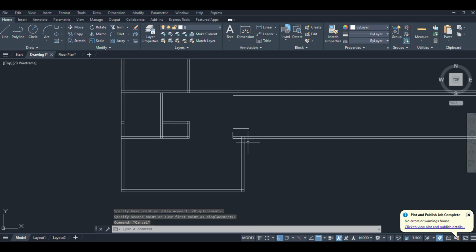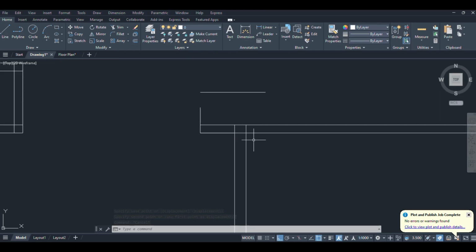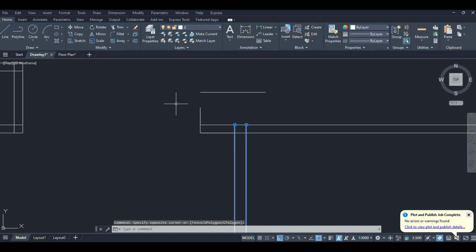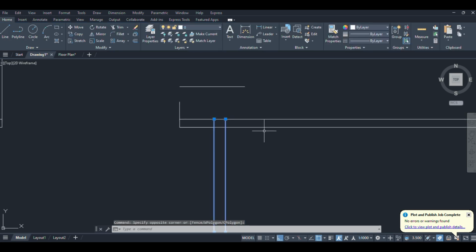This one also I need to select. And when you select, if you want to deselect this line, shift and select again, it becomes deselected. And stretch here